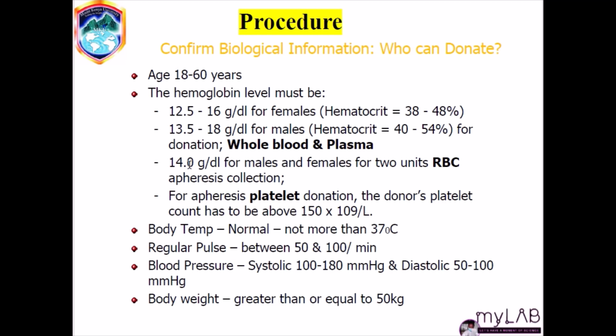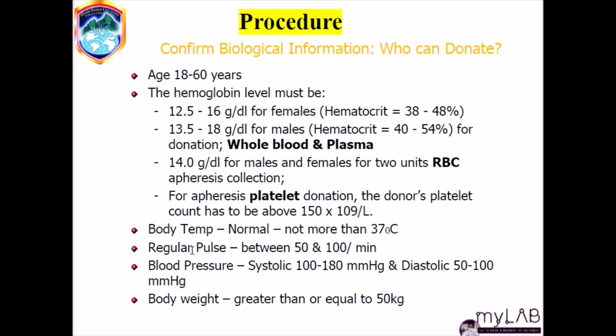And if they are doing RBC, remember RBC of course definitely lowers your HB, so your HB should be at least 14.0 for males. And then for apheresis of platelets, your platelet level should be above 150 times 10 to the power 9 per liter. Then body temperature also needs to be normal. That is, it cannot be more than 37 degrees Celsius,